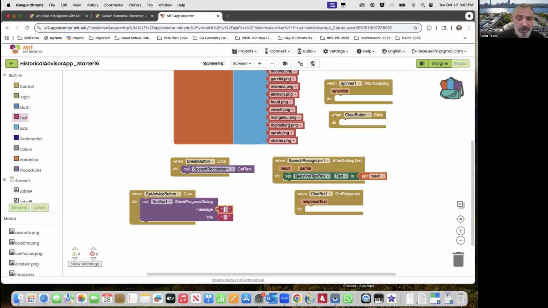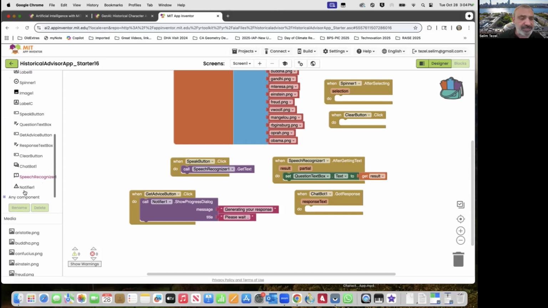So the message I'm going to send to the user is generating your response. And then I'm going to ask the user basically to be patient. So please wait. Okay. So this is a good habit every time there's a waiting period involved so that the user doesn't get confused. It's always good to invoke the notifier.